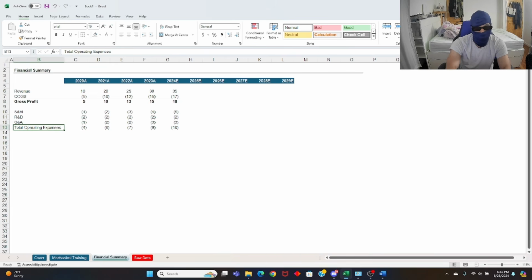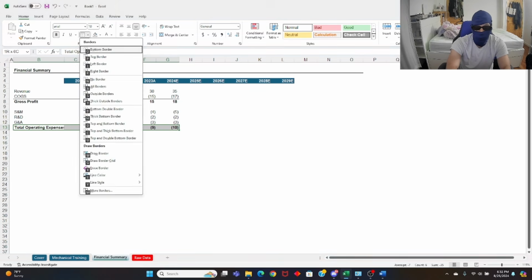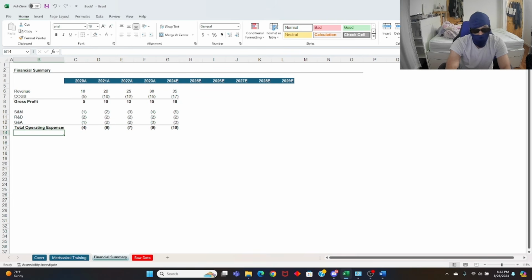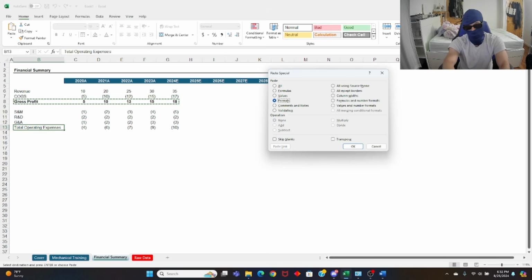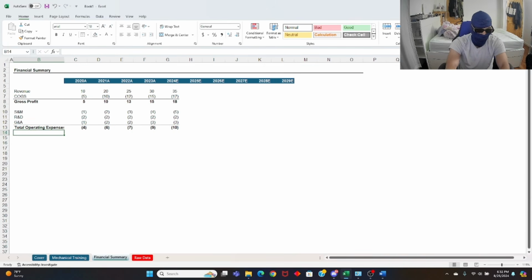And now what do we want to do? We want the border and we want it bold. We could come in here and do 2 functions. We could bold, Alt-HBP, add a top border. Or what we could do is, no, I already have it here. I'm not going to do 2 separate values. I'm just going to copy, Alt-ES, paste special, T, paste your format.